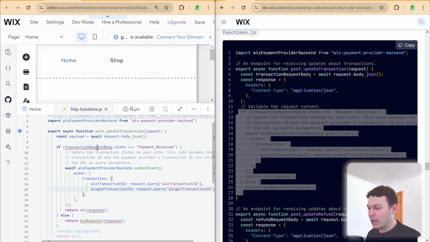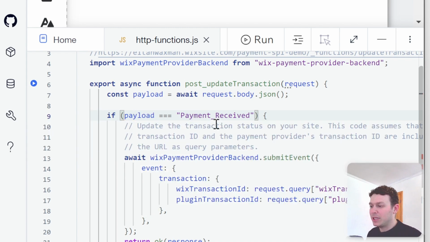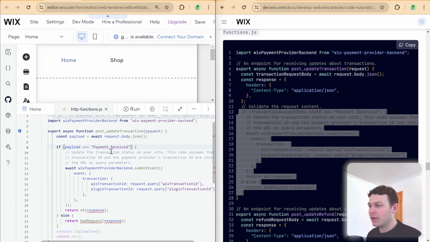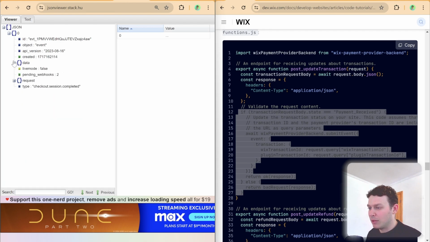So first here, in terms of the if statement, what we're checking is not this random thing that they have here, but we're going to be checking something about our payload, right? Payload. And we need to find specifically the property that we're looking for. So luckily, I still have the JSON viewer open here. And we're going to be looking for payload 0. And we're going to be looking here for type. Okay, so payload 0 type,